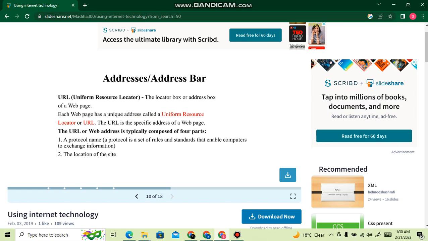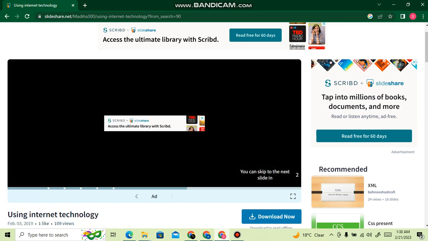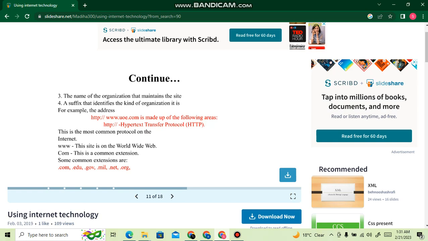The location of the site. Continue. The name of the organization that maintains the site, and a suffix that identifies the kind of organization it is. For example, the address is made up of the following areas: